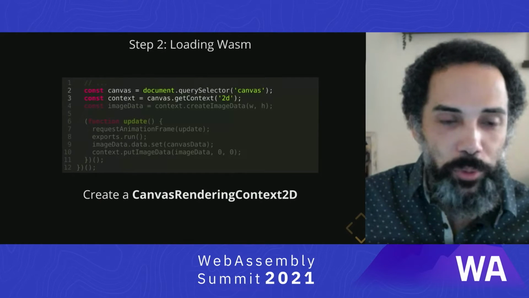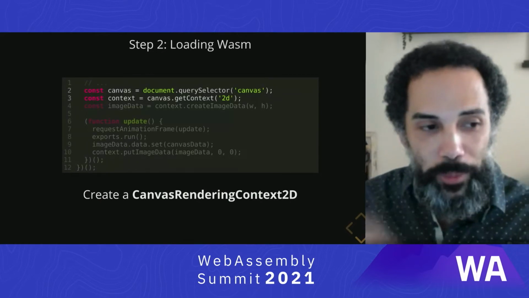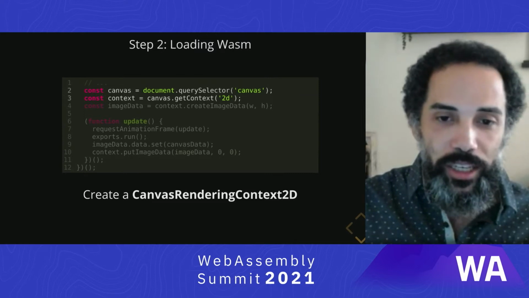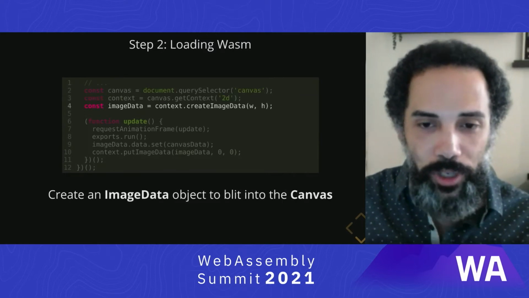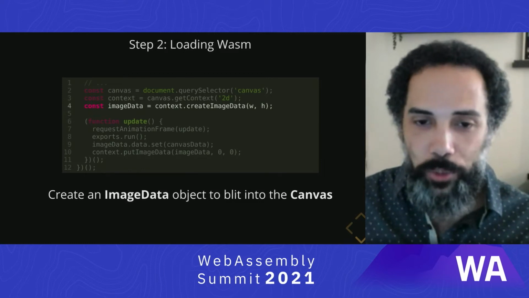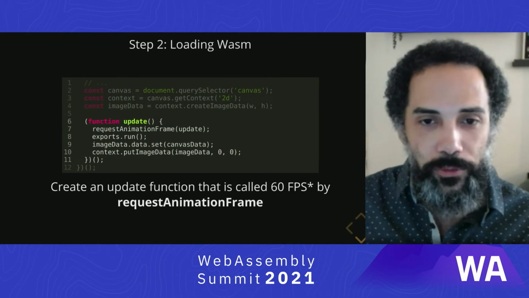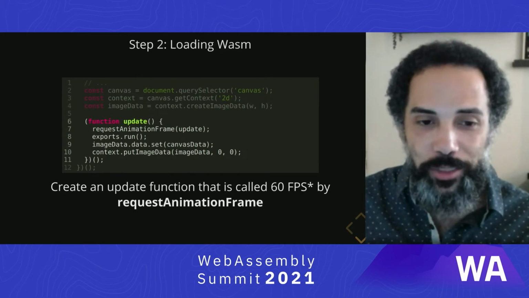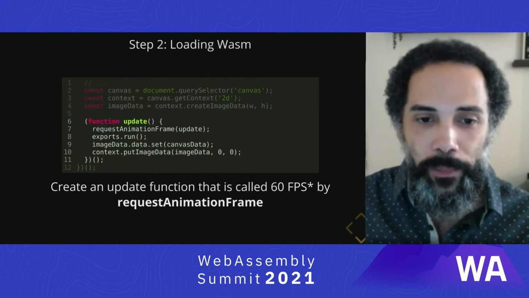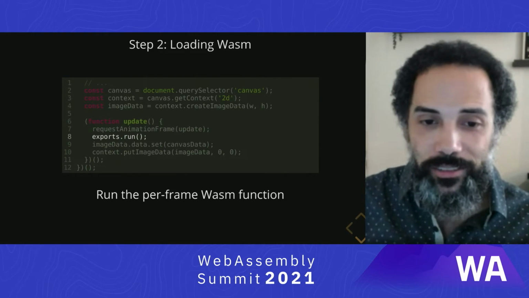So then what we do when we actually want to copy the memory from WebAssembly into the canvas is we have to create a canvas rendering context, then create an image data of the width and height that we want to render. Then every frame that we're rendering, which is about 60 frames per second depending on your window, we run the WASM function to update the data.